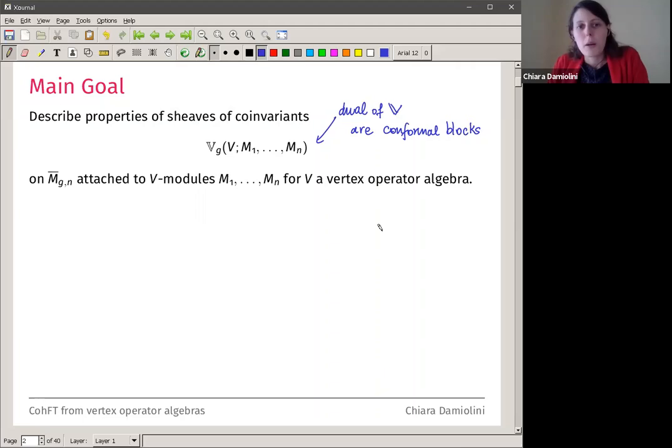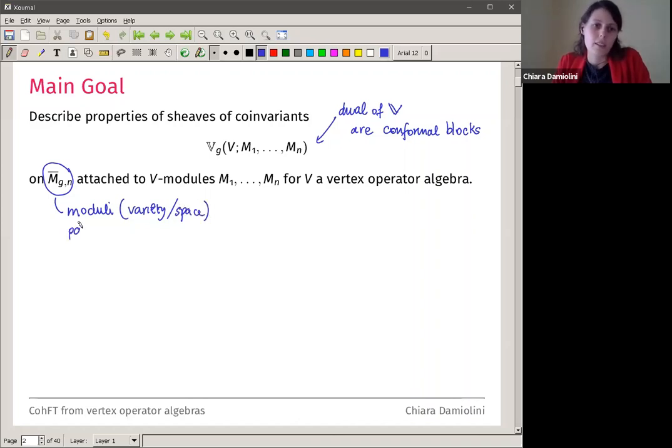And I want to study the properties where the representation theoretical input that we give are modules for a vertex operator algebra. And every time I say M_g,n bar, I mean the moduli space, which you can imagine as being a variety or a space,